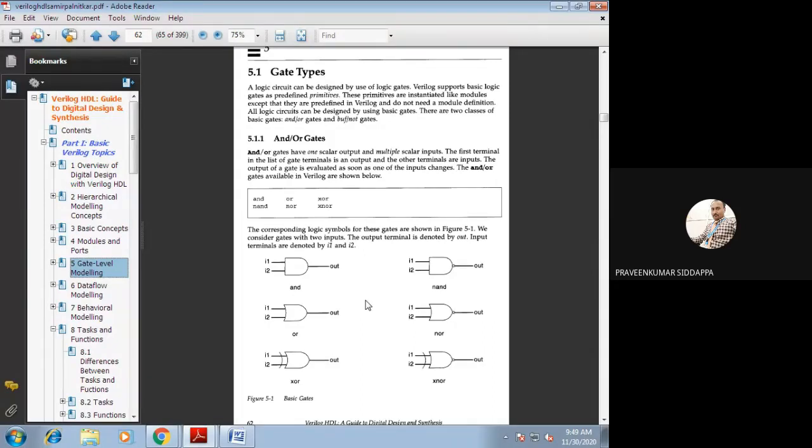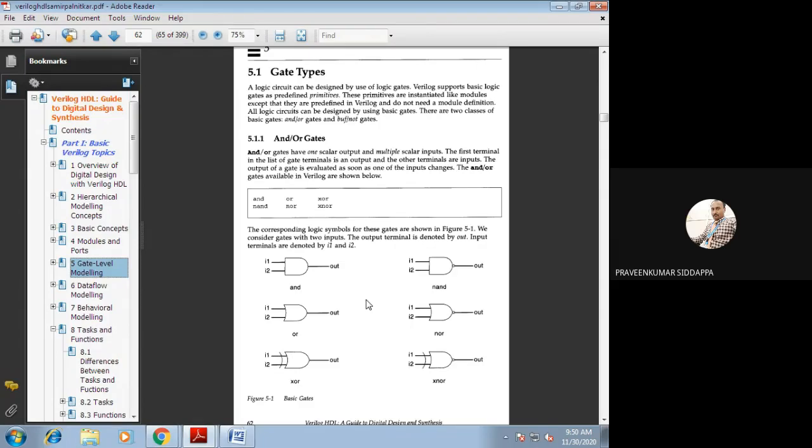Whenever we are writing the instruction in gate level, we write AND, then we give some instance name. Within the brackets, we write the output as well as the inputs. Whatever variable we write first within the brackets should be the output. Remember it.